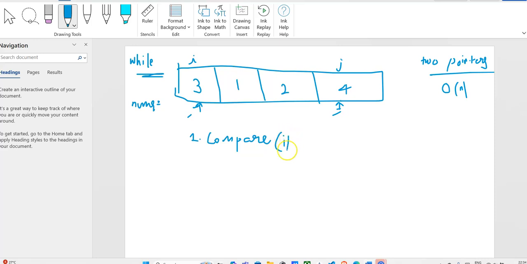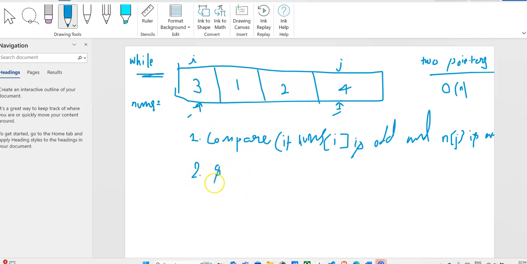If nums of i is odd and, I'll just write n instead of nums, n of j is even, it is even. So the second step would be we will swap them,